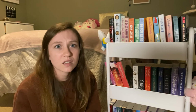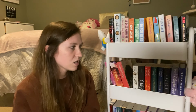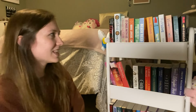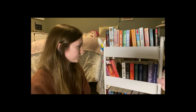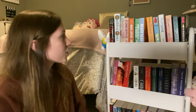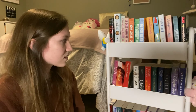I was hoping that I wasn't gonna get this, but I put it in to be interesting. Oh, there's a lot of books I've been avoiding on here. Okay, let me think about this for a minute. Book you've been avoiding. Okay, this is gonna come as a shock to everybody, but out of all these books, the number one book I've been avoiding is